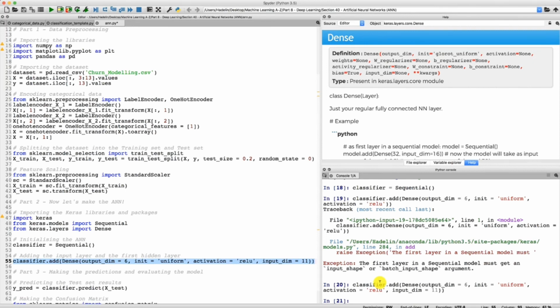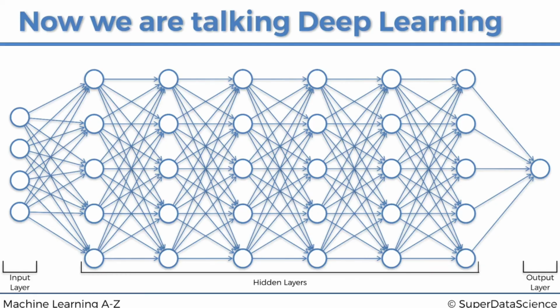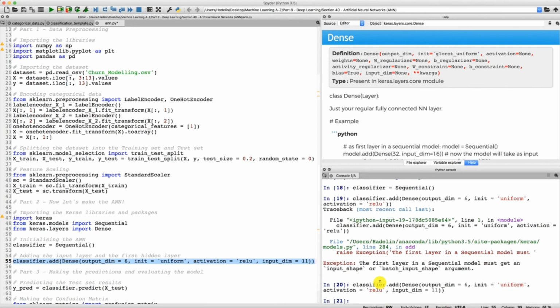So perfect. Now we're ready to move on to the next step, which is to add a new hidden layer, which to be honest is not necessarily useful for our data set, but we're going to add it anyway for two reasons. First of all, because this part is called deep learning, and deep learning is defined as an artificial neural network with many hidden layers. And the second reason is simply that if you need to add more hidden layers in your neural networks, well, you need to know how to do it. And that's what you'll learn how to do in the next tutorial. And until then,